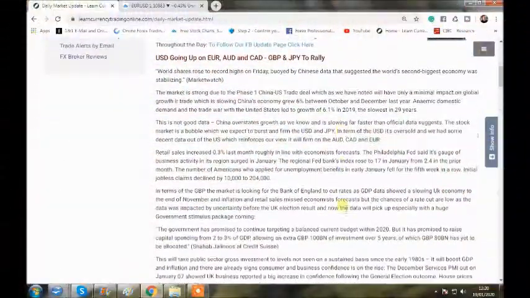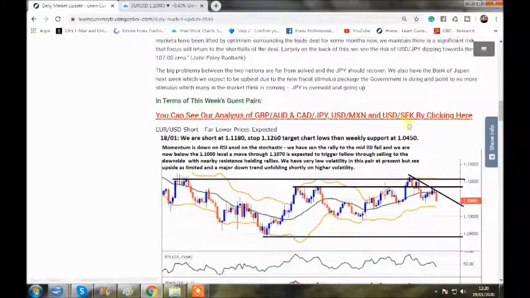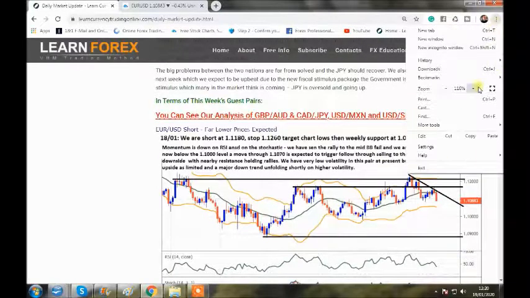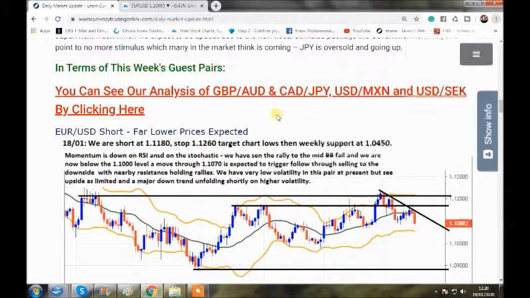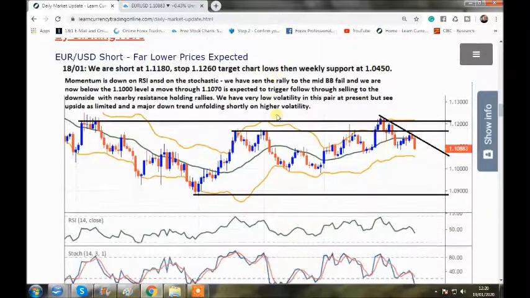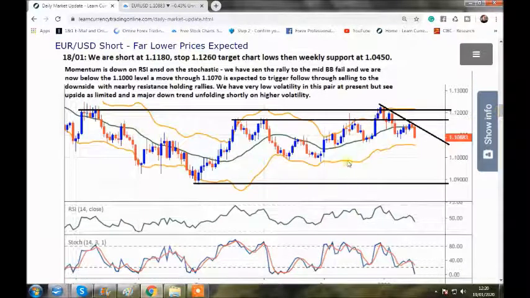I'm now just doing my analysis in the member centre for the weekend, so I'm just going to use the charts from there. So let's go and take a look at euro USD first. Right, so our member centre, let's go down to euro USD, which is the first chart here, and make it a little bit bigger. Okay, so this is the daily chart. Let me just line it up. Sorry, there we go. Just going to discuss this chart in a moment and the fundamentals and sentiment, but I